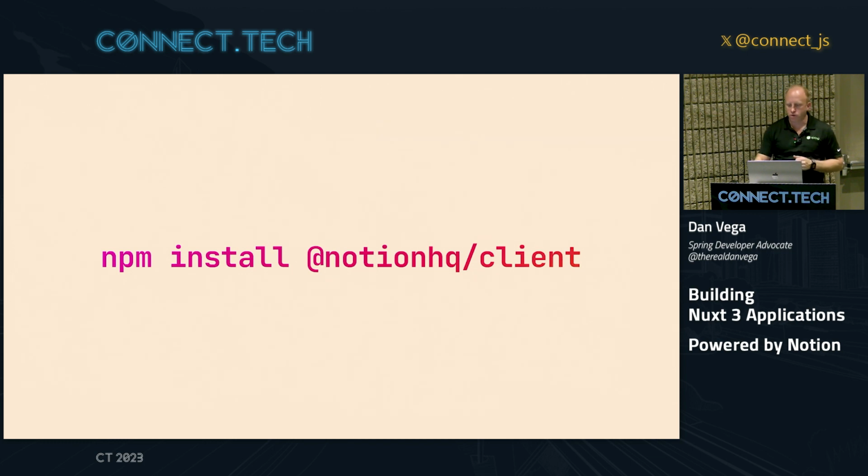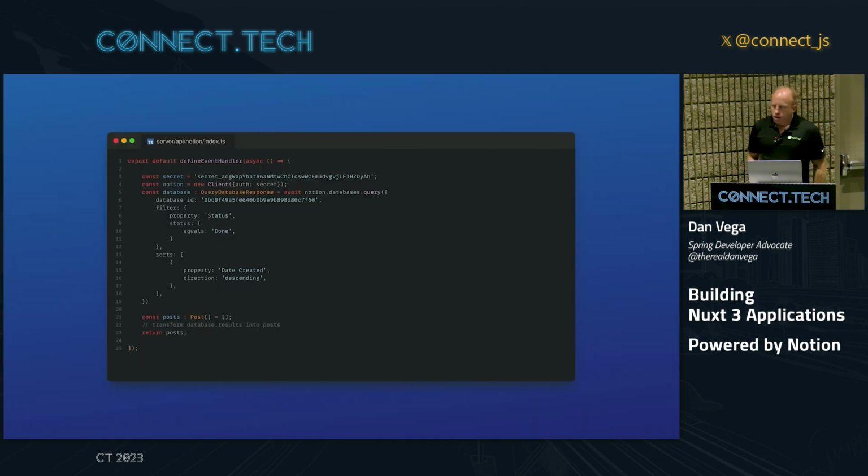So now we have this new client library. That's a little hard to read, but basically we can say now, create a new client. On line 4, I'm saying Notion is equal to new client, and I'm passing in my auth. I've hard-coded my secret in here, but normally this is going to be something that comes from an environment variable. And now I could say